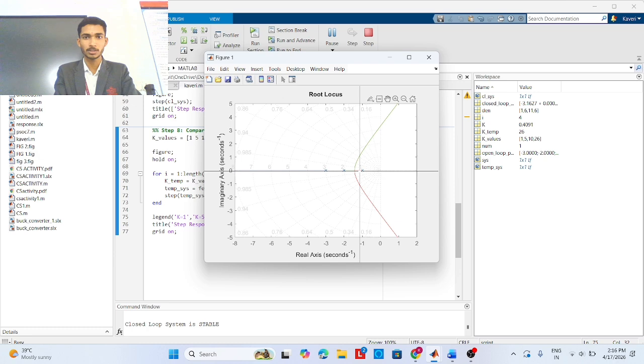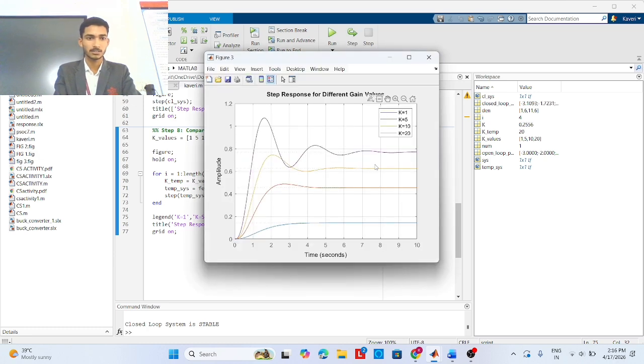It is the waveform of our root locus, and the given graph represents a detailed analysis of system stability and dynamic performance using the root locus technique along with the step response evaluation for different gain values. The root locus plot provides a graphical representation of how the location of the closed loop poles changes in the S plane as the system gain k varies from 0 to infinity. Initially, all the poles are located on the left side of the axis, which indicates that the system is stable and exhibits a